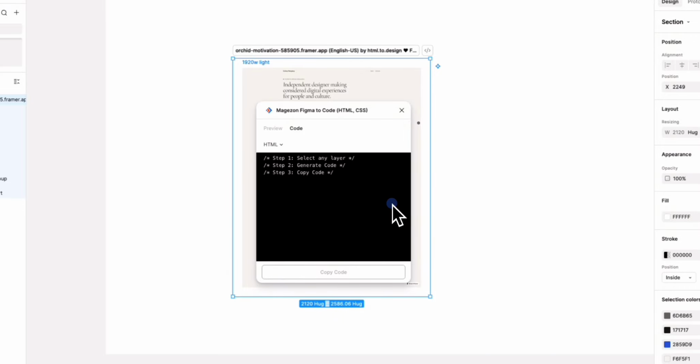And that is how you export Framer to HTML by moving the published website into Figma and using plugins to